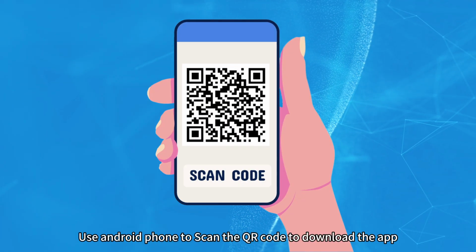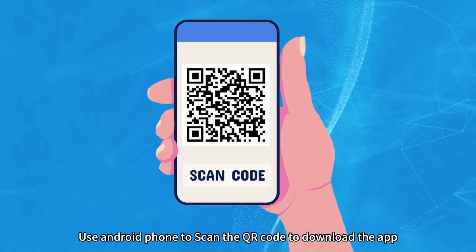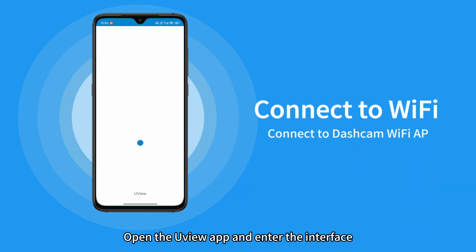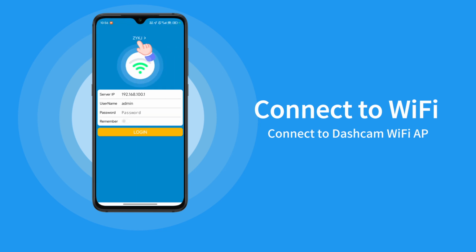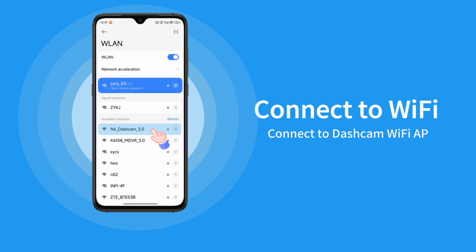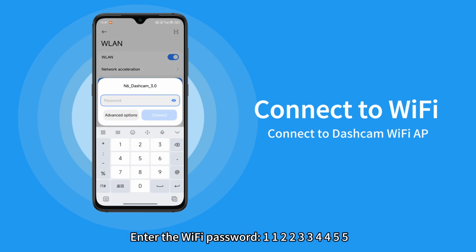Use Android phone to scan the QR code to download the app. Open the Uview app and enter the interface. Search for the Wi-Fi hotspot named on your phone and connect to it. Enter the Wi-Fi password